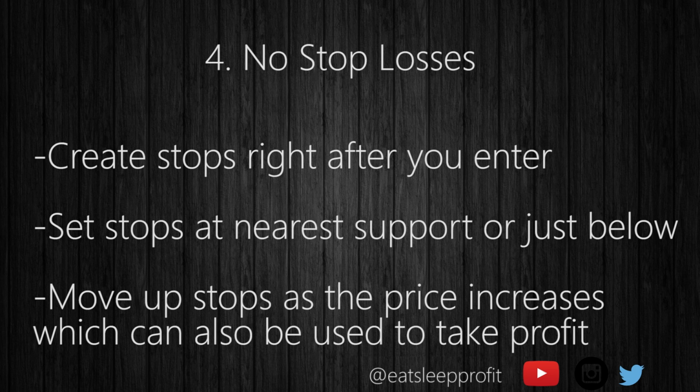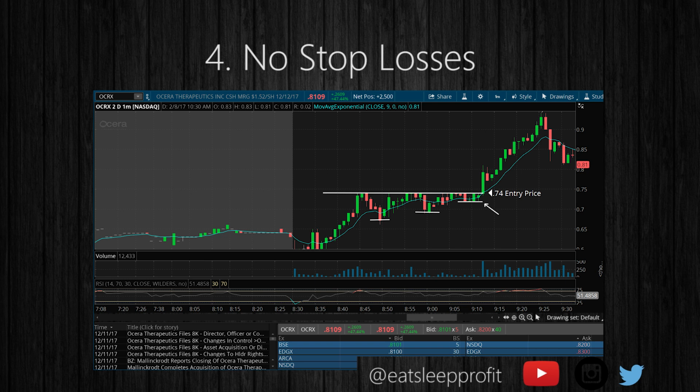So the place I would put my stop losses, if you're looking at this chart here, I would put that at the nearest level of support. And as the stock continues to gain on the day, I would slowly move up my stop losses, let's say in 5 cent per share increments behind the current stock price. They call that a trailing stop. I don't like to use trailing stop orders because you're letting the computer do that. I like to maneuver it myself just because I trust my own intuition. And that's just pretty much how it goes.